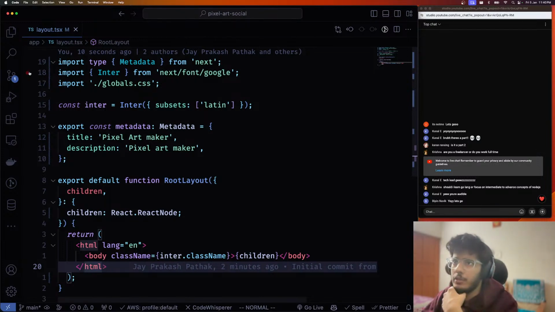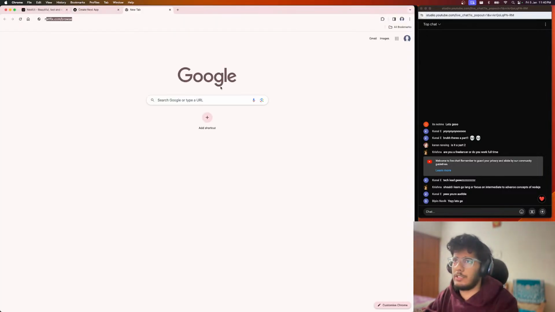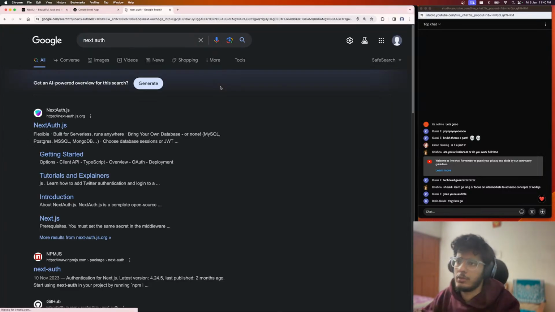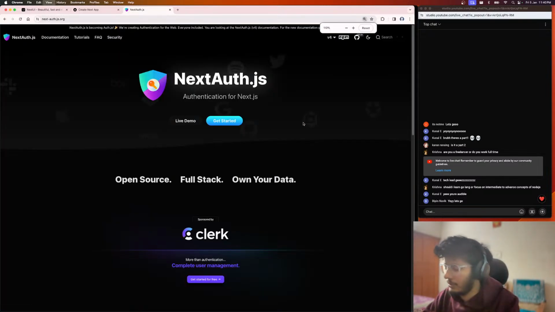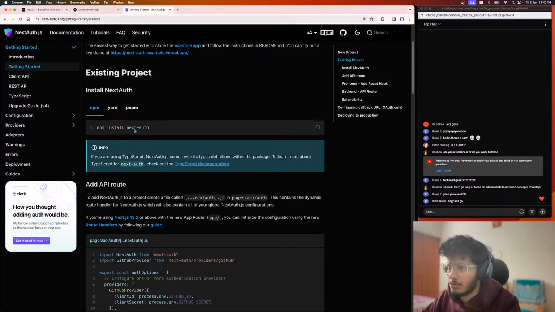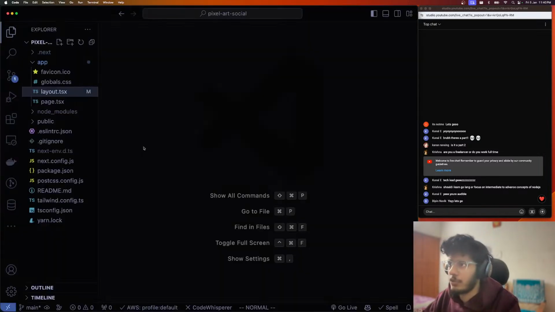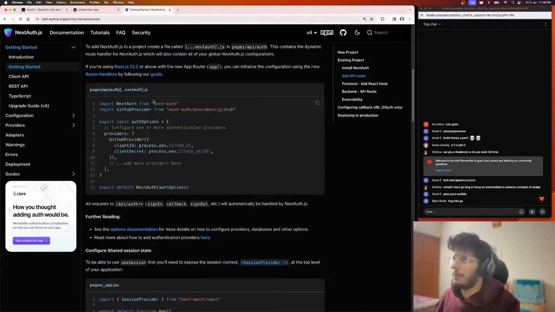So let's start with the first thing, which is that I think we would be using NextAuth for authentication. Let's see, NextAuth. I think NextAuth recently released version 5. I've never used NextAuth in production, so you and I will both be learning together, I guess. So we'll be using this for authentication. We'll see what we can do about that in a while. So first things first,